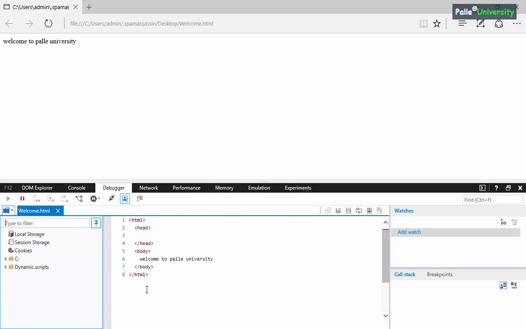Now the question here is, is it possible to see the HTML which is received by this browser? Obviously the answer is yes. How to see the content or the HTML which is received by the browser? It is simple. You should right click on the browser and click on view source. Once you click on view source, you must be able to see the HTML whichever is received by the current